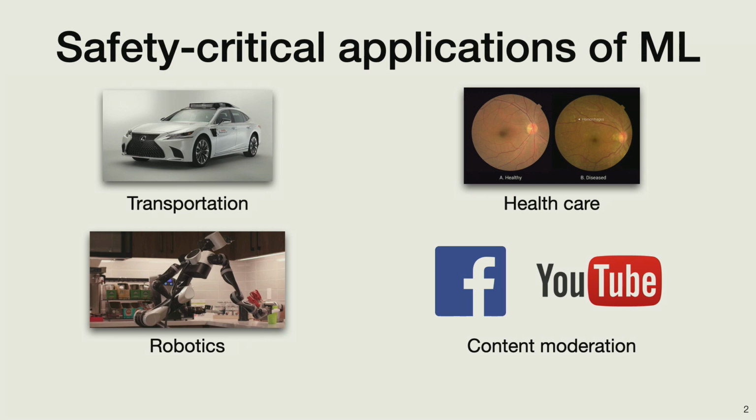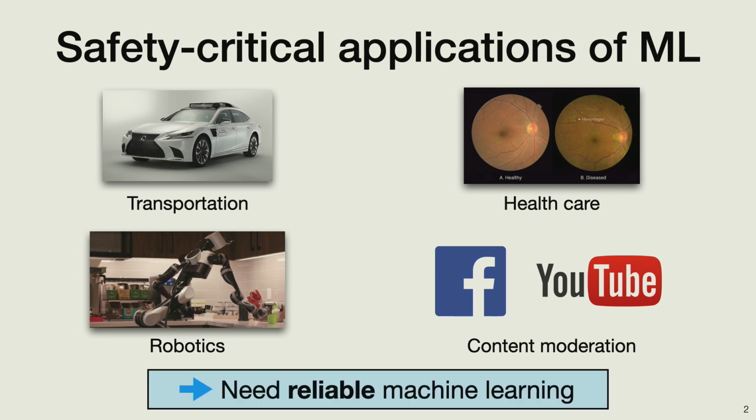I think this is all great. I think machine learning will be productive in these areas. But one thing that has changed as a result of these more high-stakes applications is that there's now an increased focus often on reliability, like how well do these tools really work when you deploy them in the real world. And I think it's a broad area. You can look at this from many angles.